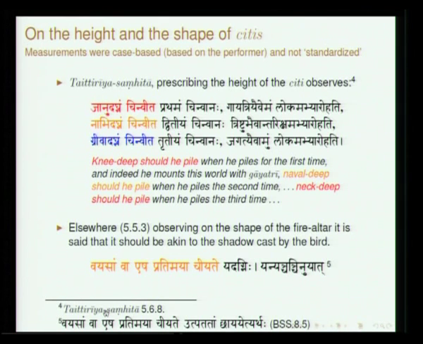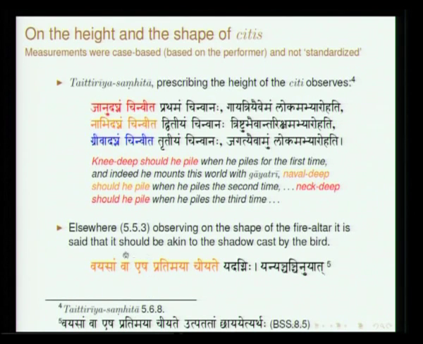Then it also says Vayasamba Esha Pratimaya Chiyate. Pratima means a sort of shape or image. Usually, if you have a certain idol, it is called a Pratima, an image of something. So Vayasamva Esha Pratimaya Chiyate means you create the altar in a certain form. Vayasam does not refer to age; Vayasa means those birds which fly. So you have to construct the altar in the form of a bird. This is a prescription which one finds in the Taittiriya Samhita.